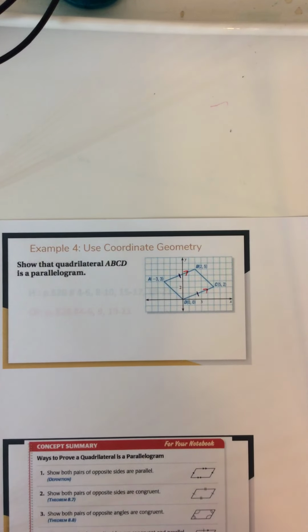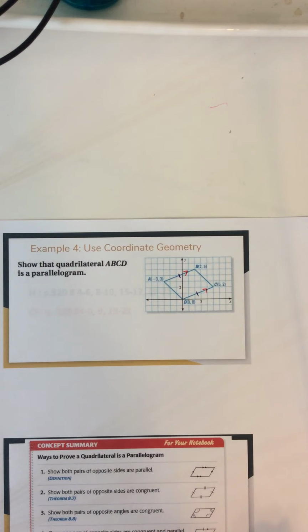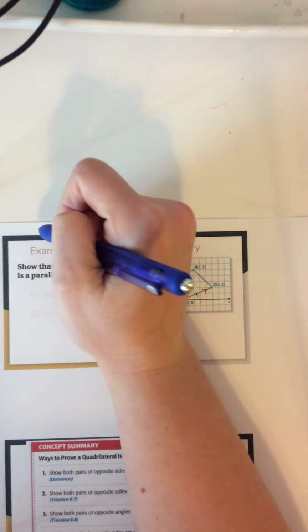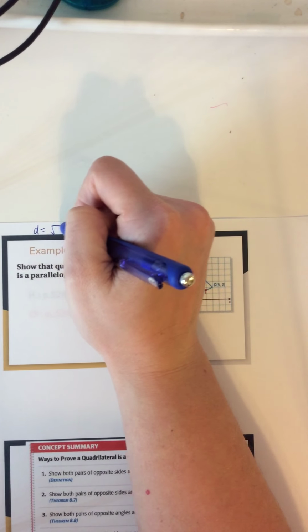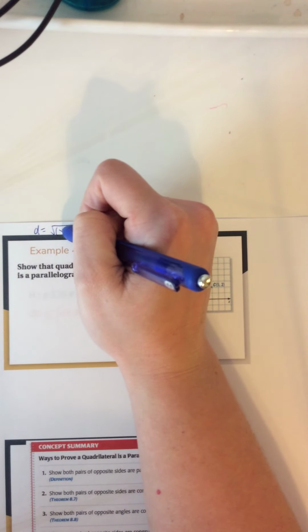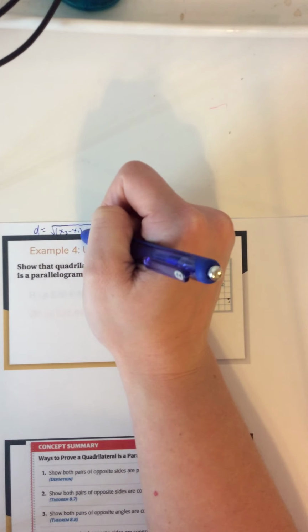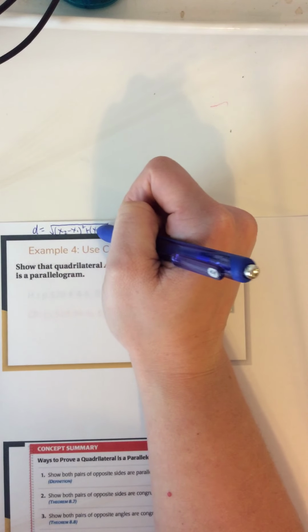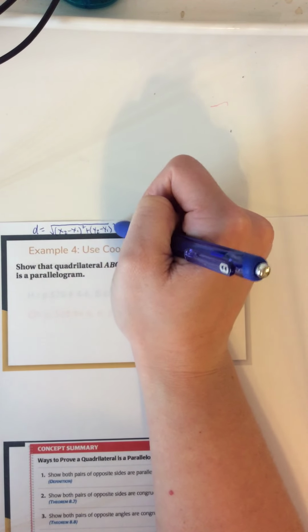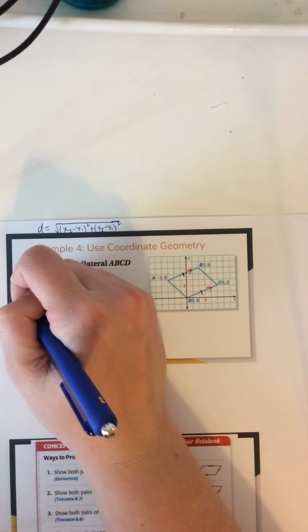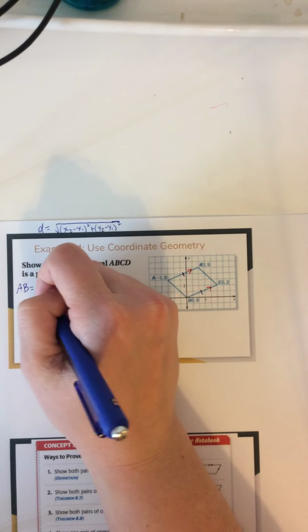So to start to show they're congruent, we want to use the distance formula. Just a little refresher, our distance formula is going to be distance equals square root of (x2 minus x1) squared plus (y2 minus y1) squared. That's my distance formula here. So we know that AB is going to equal